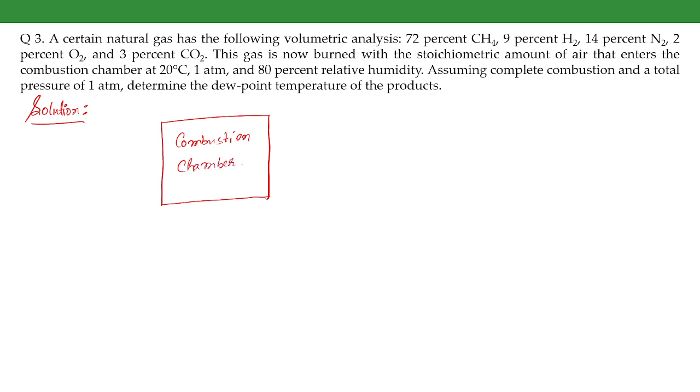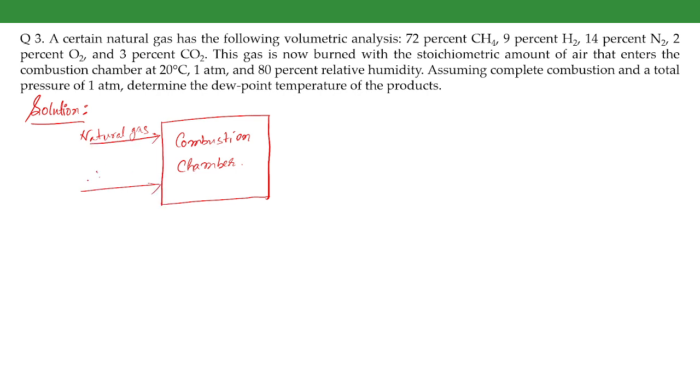Battery is discharging. In it we are giving a natural gas whose composition is 72% methane, 9% hydrogen, 14% nitrogen, 2% oxygen, and 3% carbon dioxide. And along with it there is air,